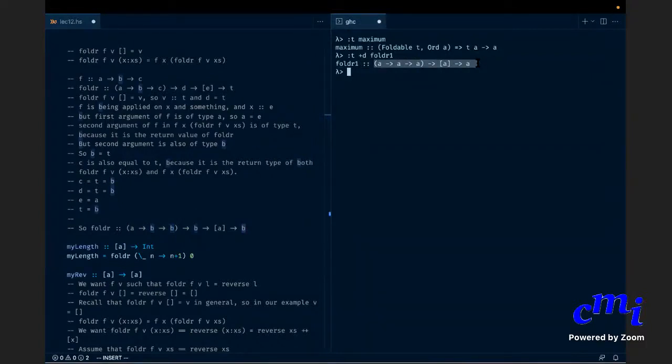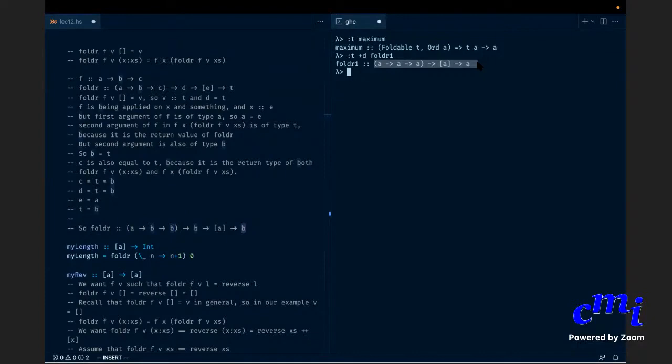So for folder, if we put the seed value as the integer lower bound or something like that. Not folder 1, just standard folder. If we said v as something like the lower bound of int. Sure, you can do it, but who says that you're trying to compute the maximum of only integer lists?